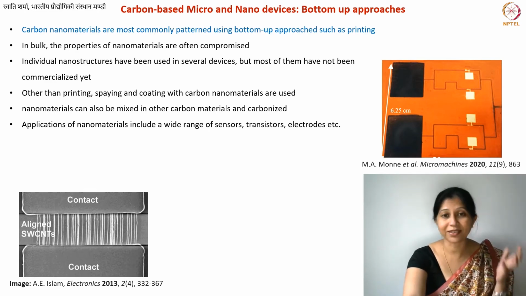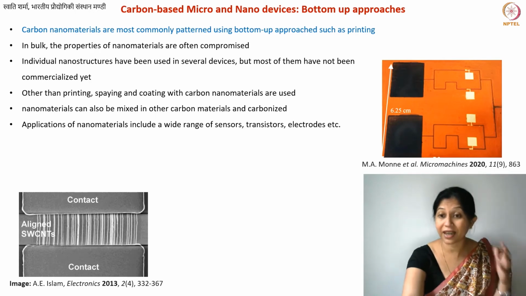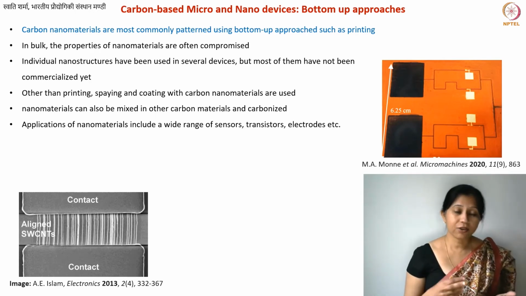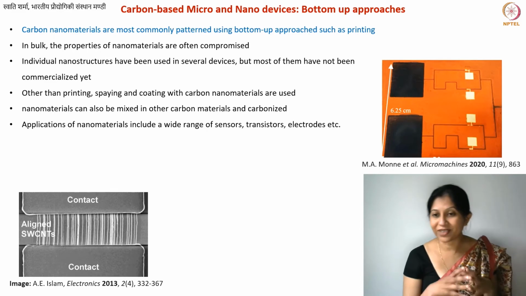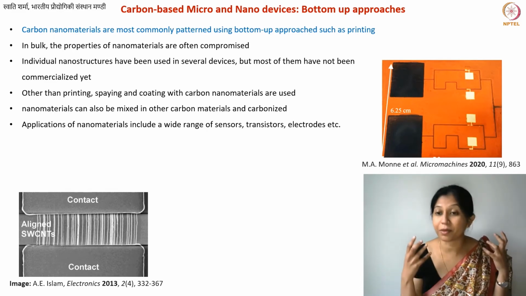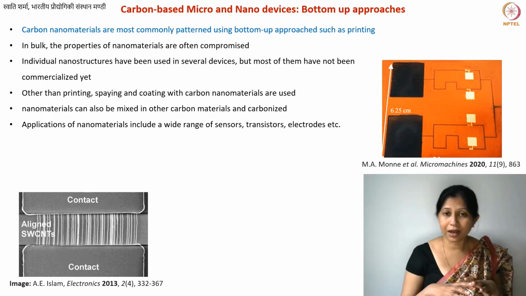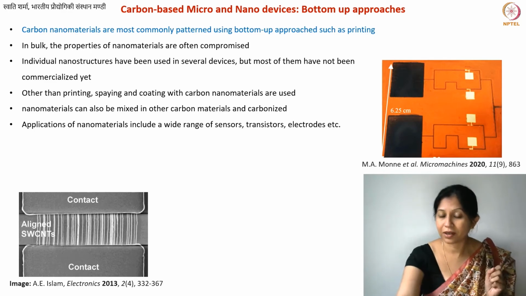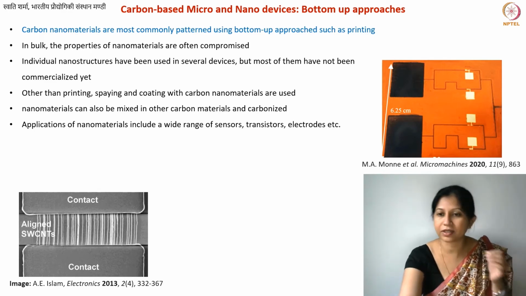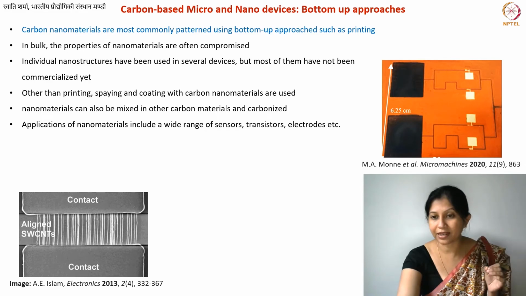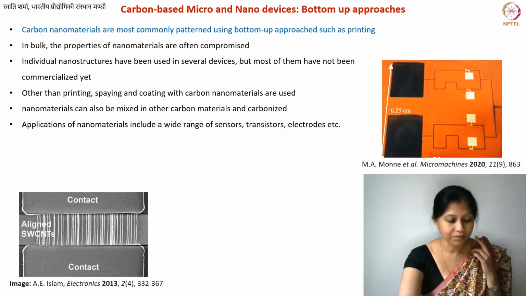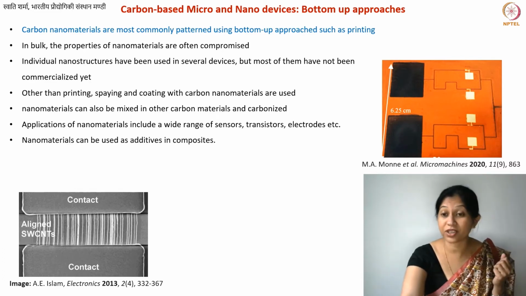So you can make transistors, you can make electrodes of various kinds. When I say electrodes, they can be electrodes for sensors, and again, there are a lot of sensors: biosensors, chemical sensors, optical sensors, surface sensors, a lot of things. So you can make a lot of things with carbon structures. Basically what you have is a nicely conductive and mechanically strong nanoscale material, which can be synthesized in principle. In many cases you can even purchase them.